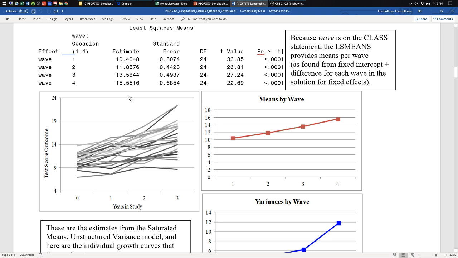So a couple things I want to point out. Means, do they look like they're the same over time or different? Different, right? People are growing. Here's my growth curves, excuse me, plot of individual trajectories. What about the standard error of the mean? Growing, because people are spreading themselves out. So that points to a heterogeneous variance model of some kind. Here's the trajectory on average.